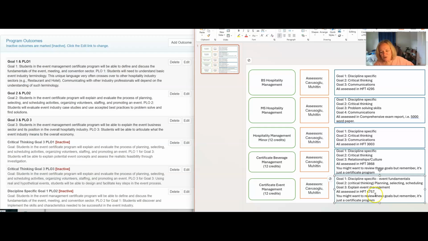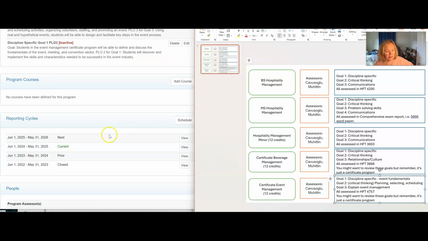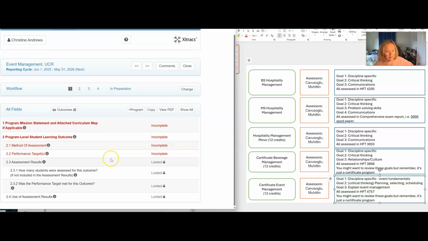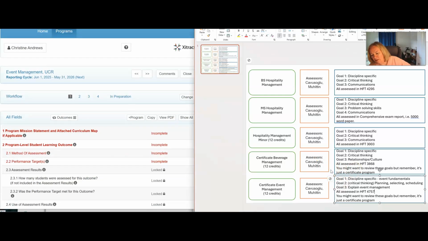Okay, now see how many students you even have in here. I don't know how many students you have. We can take a look at this last reporting cycle. Okay, and let's see. Okay, nothing happened. So this is the first year coming up that this will be assessed. Okay, I hope I didn't confuse things and make this even worse, all right? But here are your programs, and I expected these to be different or maybe have another person in there, but they're not. And this tells you what the basic bones of the objectives are and then where they're assessed.